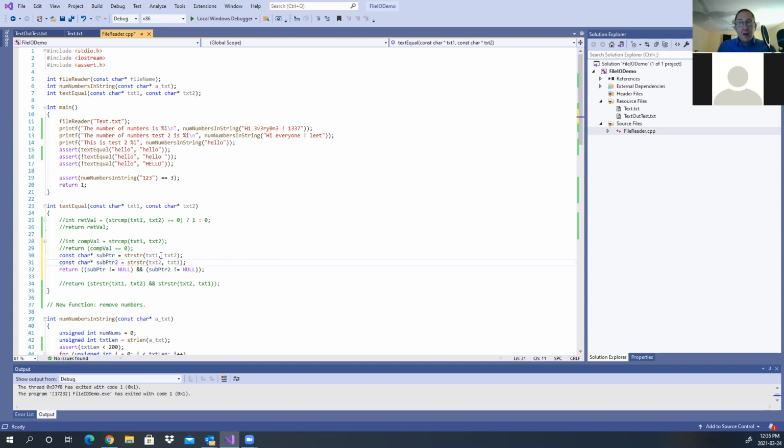All right. This is seeing if text 2 is inside of text 1. This is seeing if text 1 is inside of text 2. If they are inside of each other, it means that they are identical to each other. And therefore, if this substring pointer is not null, and this substring pointer is not null, then they are equivalent to each other. But I just want to throw that out there. I'm going to put this right here,